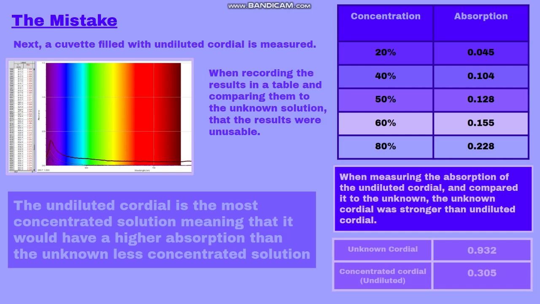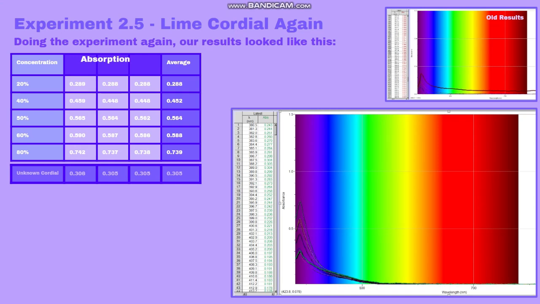Instead, we swapped the solutions, as the unknown cordial was 0.6 stronger, 0.932, and the concentrated cordial was 0.3. So the unknown cordial was much stronger than the concentrated, meaning that the labels must have been mislabeled, because the concentrated is the highest that we could get in absorption. So we tried it again, and we swapped the solutions around, and as you can see from the old results,